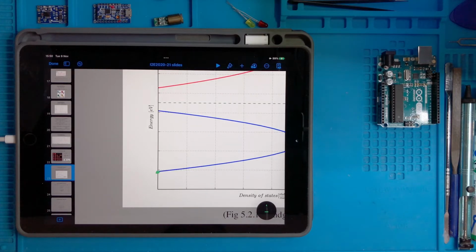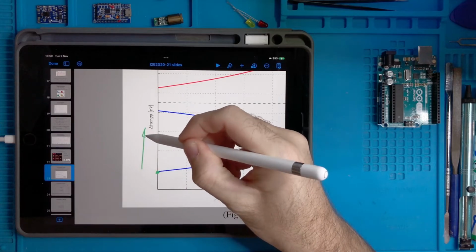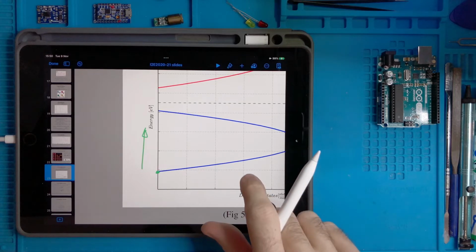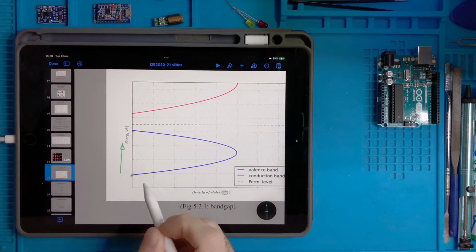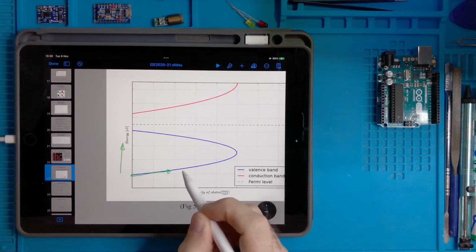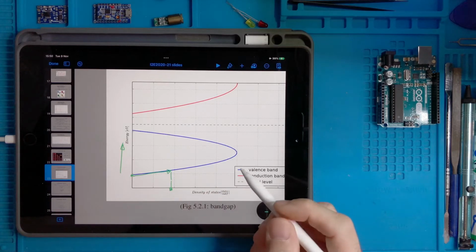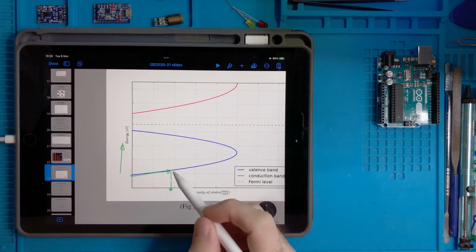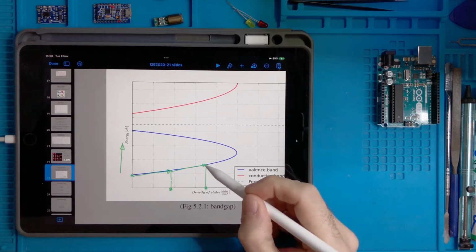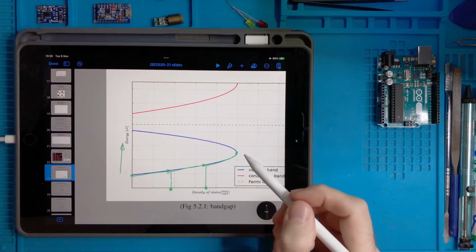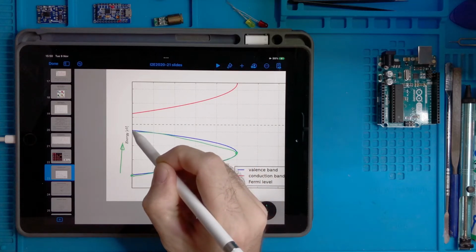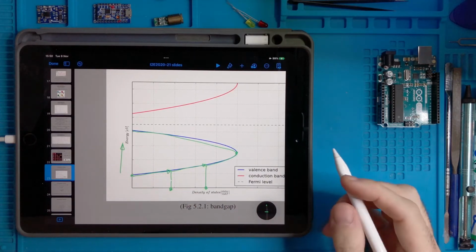Then we can consider more energy, so we move up this way and we see how the number of states increases. So we go like this. Here we have a certain number of states, the density of states to be more precise. If we increase the energy, we have a bigger number of states till a certain point. And then there is a turning point, so we continue to increase the energy, then we reach this point in the graph.